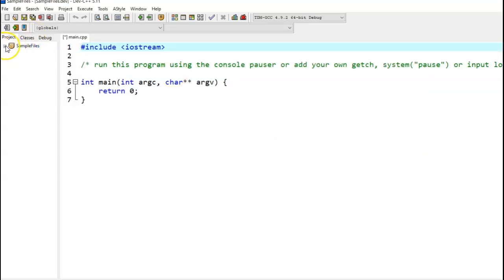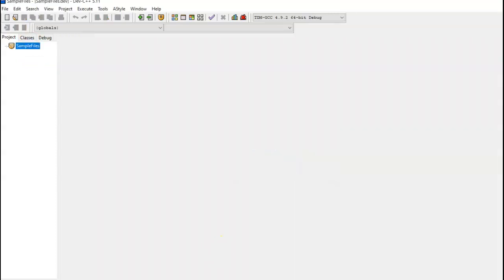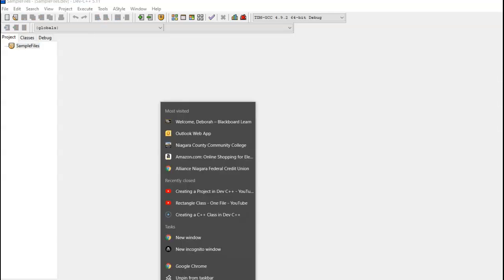And so we know that before this gives us a main program. This time, I'm going to expand the project. I'm going to right click, choose remove file and say no. Because what I'm going to do is come into Blackboard